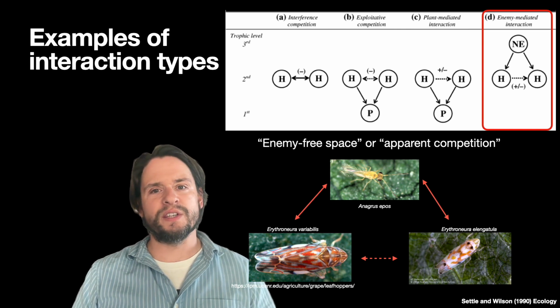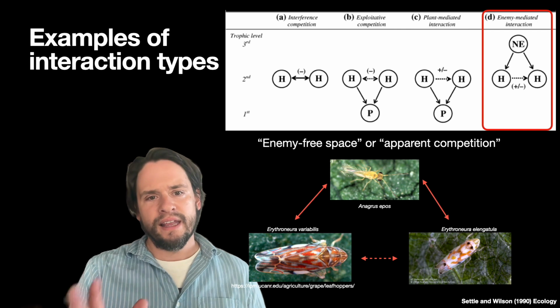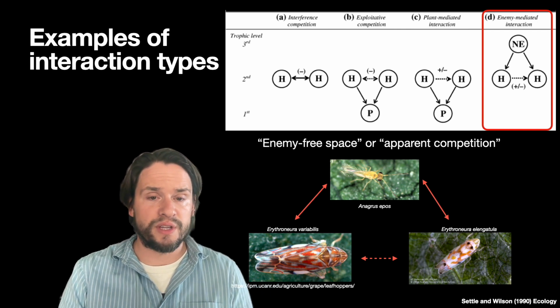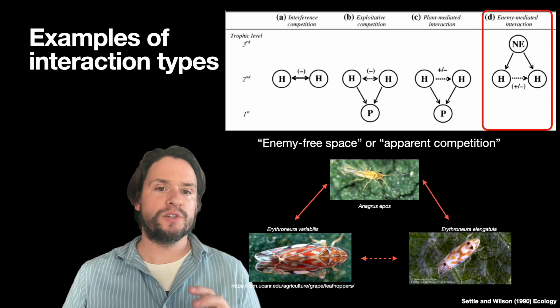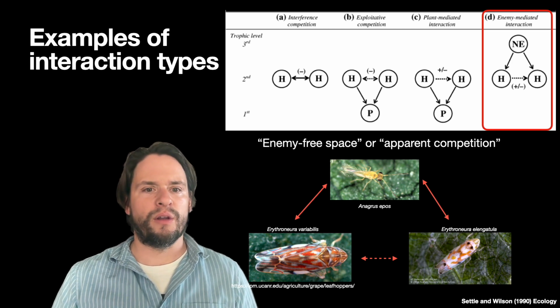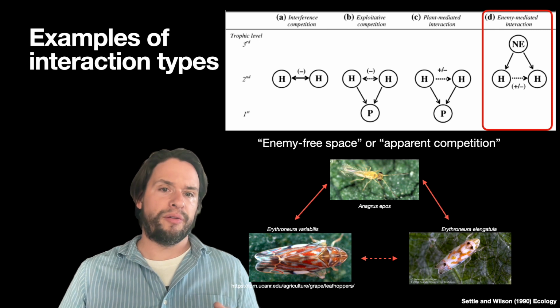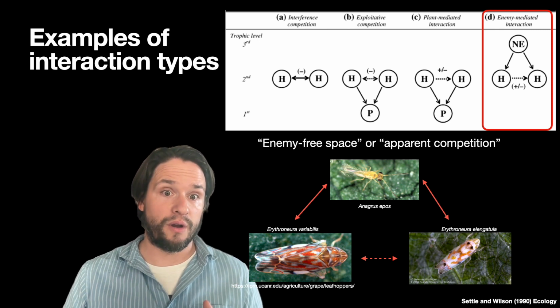So this is something we call apparent competition or enemy-free space. So what can this look like? This is an example from a paper that you're going to read for your required reading for this week. This is where there are two species of leafhopper that are sympatric, so live in the same area, although one's invasive. You can read about this case a bit more, but they're both parasitized by a single parasitoid